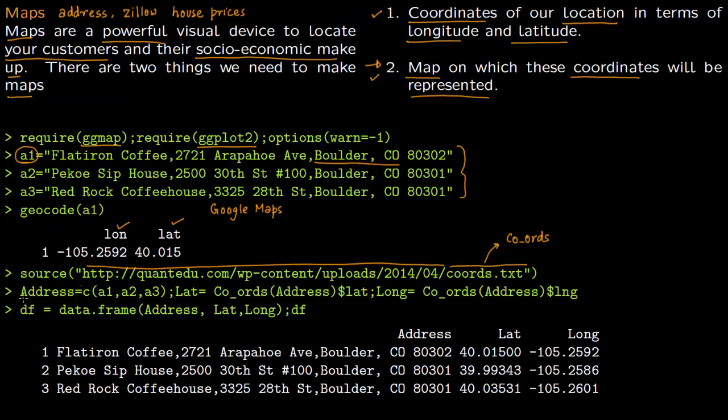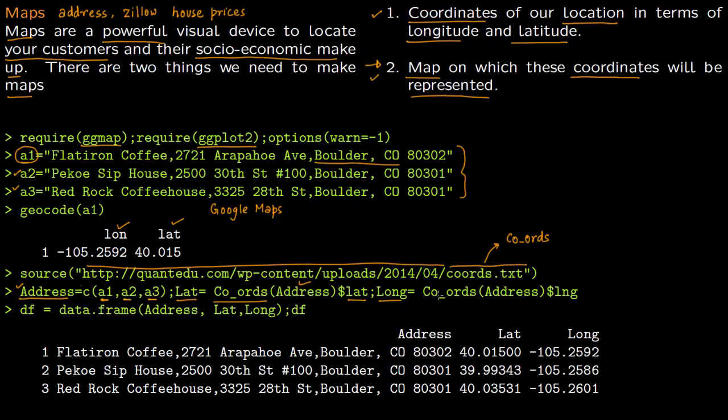First, you make this array of addresses. You have all these addresses A1, A2 and A3, and they are made an array right here. Then you find the latitude of these addresses. I take this address right here, dollar lat will give you the latitude, and coords is the function to get the latitude.